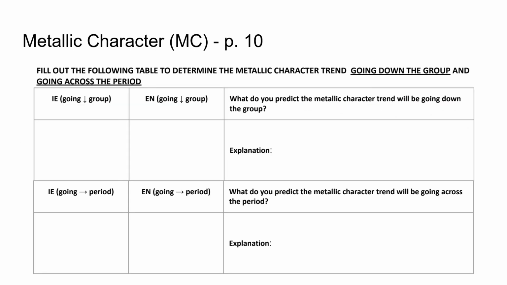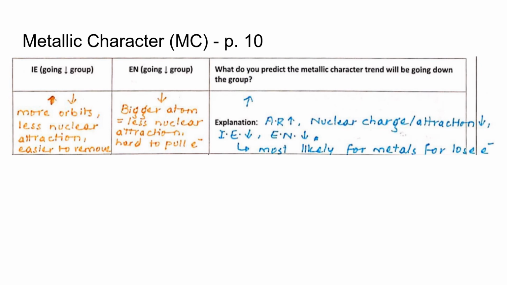Now in this section, we are going to determine the periodic trend for metallic character as we go down the group and across the period in the periodic table. So we discussed already that as we go down the group, ionization energy decreases because we have more orbits. There's less attraction between nucleus and the outermost orbit, so it's easier to remove electrons. We don't need a lot of energy to do that. And electronegativity also decreases because there's less attraction, so it's very hard for the nucleus to pull the electrons from